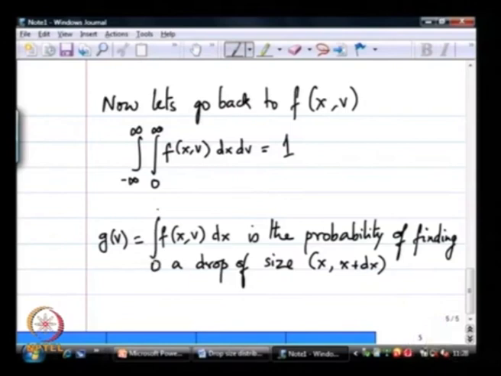If I perform this integration from 0 to infinity, this becomes, I will put this in curly braces,